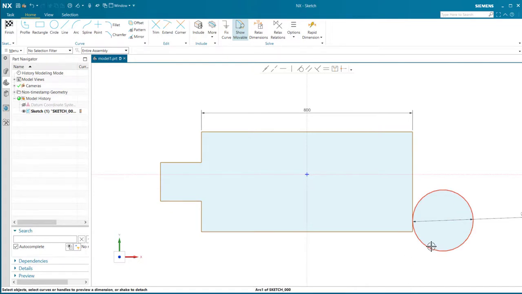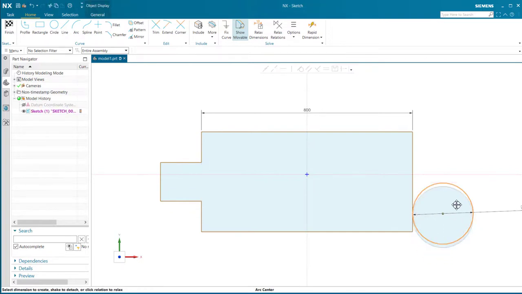Now this is where I can come up here within Solve, and if I want to move this, because if I select on this and I want to move it right now, I can't. It will just be tangent to that side of our rectangle, and actually could get caught on this line as well, being tangent. So if I want to move that, I have to relax the relation that I created there. So I would select relax relations,